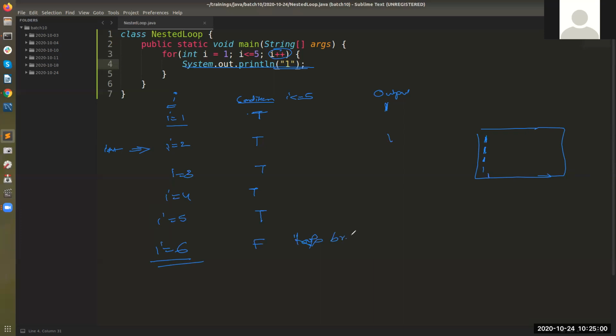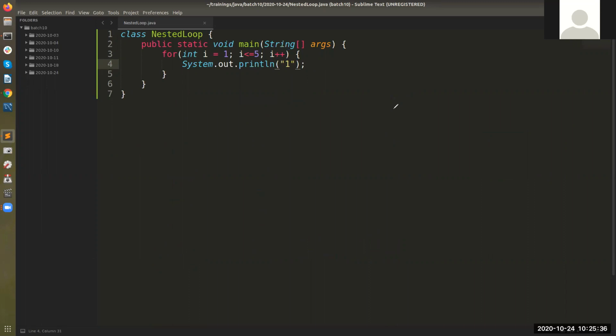So here your loop breaks, right? So Alok, this is the dry run table which we were referring to in the Telegram chat. Whenever you work with loops and find that your value is incrementing but it is printing an extra value, try to form a dry run table. The dry run table will help you understand how the value is changing and whether my condition is true or not. Fine. So this way we saw that this loop is going to run 5 times and I will get the output as 1, 1, 1, 1, 1 in 5 different lines.